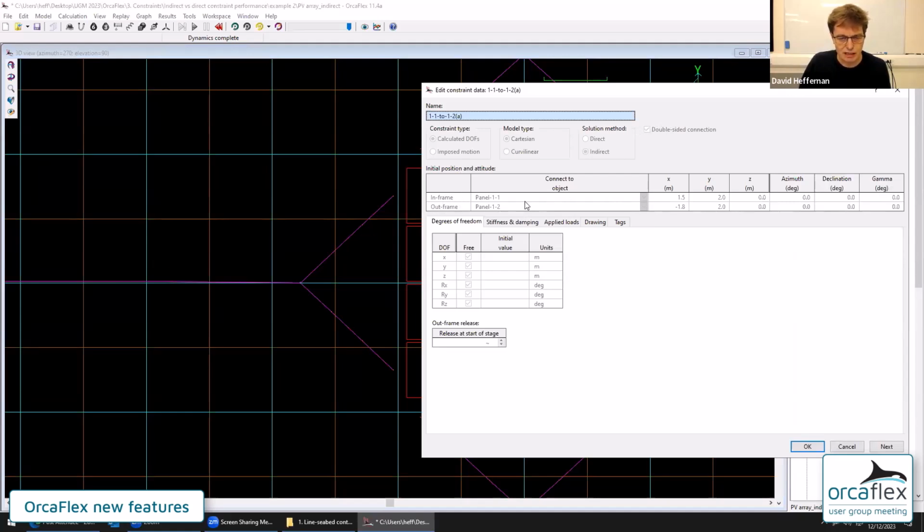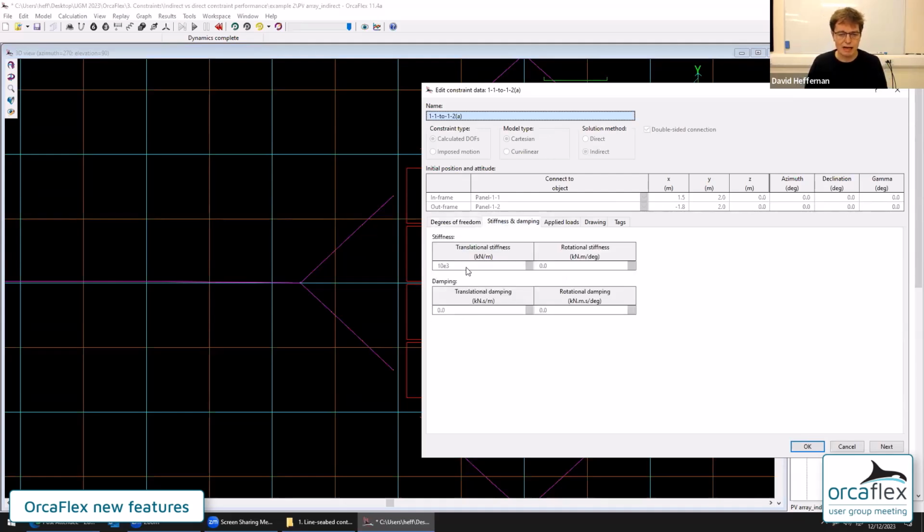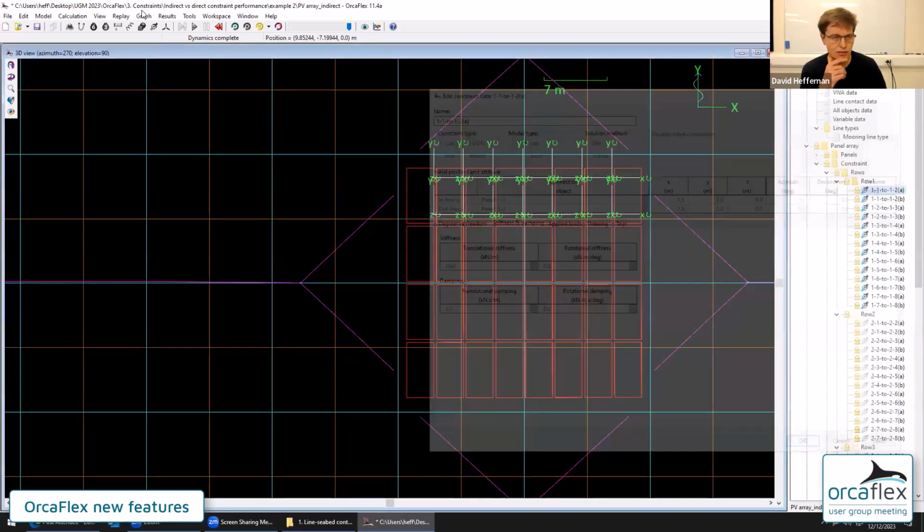Again, the benefit of seeing both the objects which we're connecting in one place. All degrees of freedom are free, so it's a very different kind of connection. But what we have instead of a rigid connection is just a translational stiffness. And this is meant to represent some kind of mesh or membrane kind of connection, that allows you